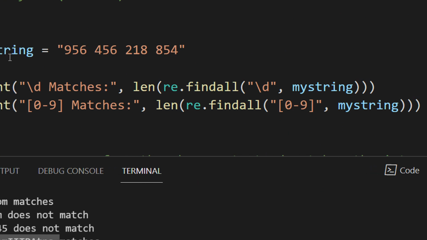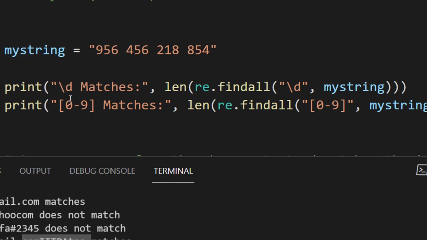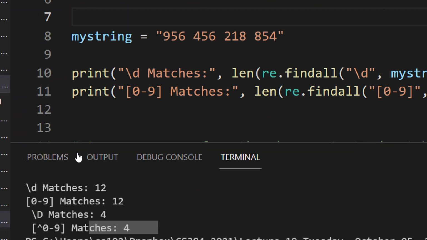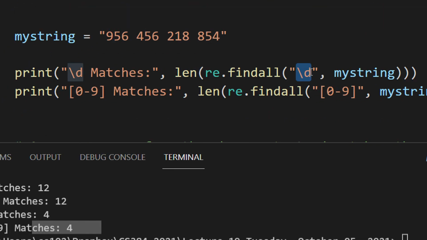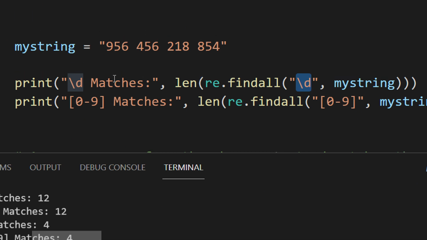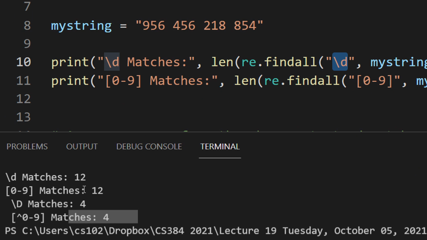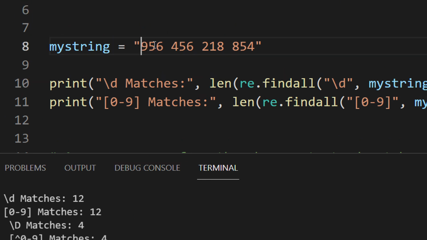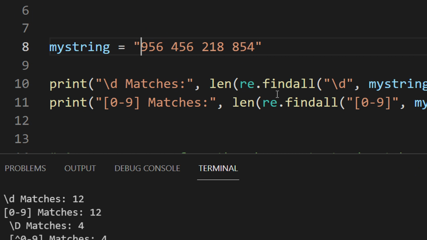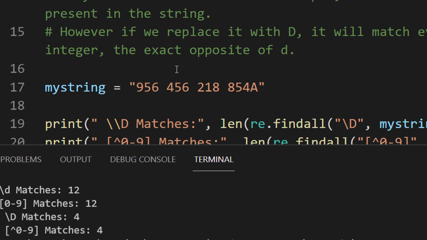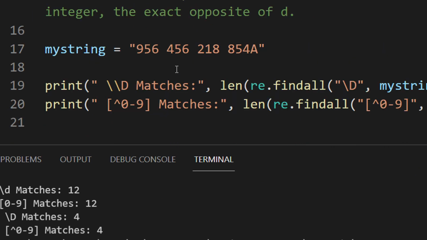Fine. So this is how you basically construct regular expressions, right? So this is again a very small example of how you can use the same regular expression. So for example, slash d, as we have already seen, matches digit, right? Slash d matches digit. So every digit is being matched. It says 12 matches. Why? Because slash d is matching individual numbers. So 1, 2, 3, 4, 5, 6, 7, 8, 9, 10, 11, 12. Again, slash d is same as 0 to 9. So just showing the equivalence between them, right?